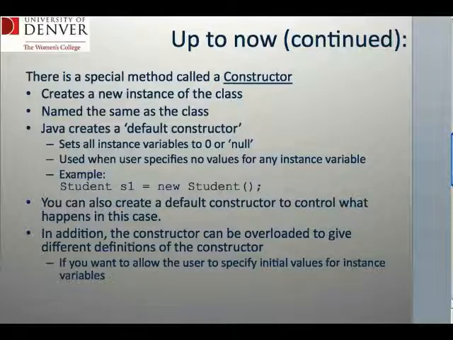The method itself will have the same name as the class. So if you're creating a class called vehicle, as I did, your constructor will be called vehicle. If you're creating a class called student, your constructor will be called student. The default constructor that Java creates,